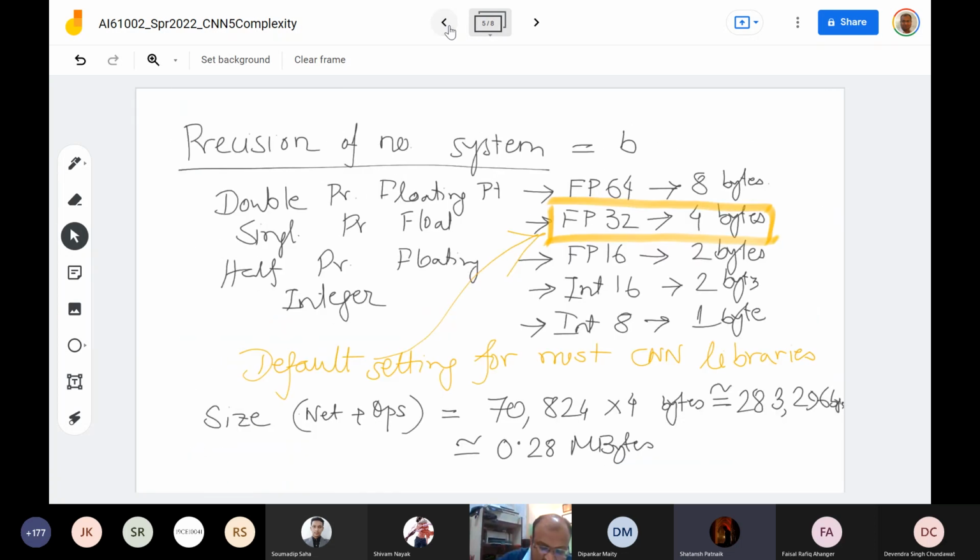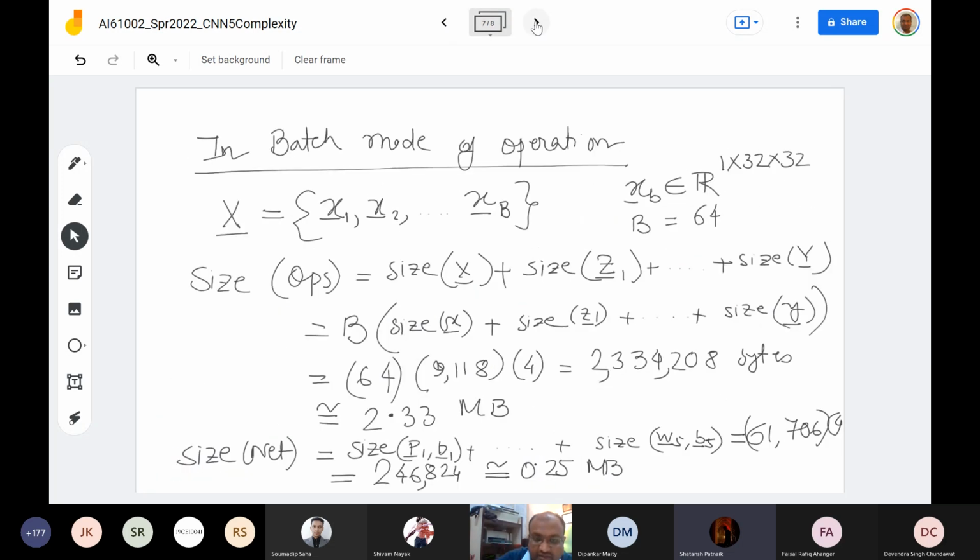So capital B times small b times the size of operational space. So this is going to be 0.25 plus B times 4 times 9118, which is equal to 0.25 plus